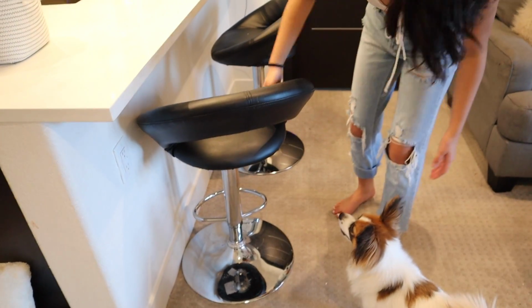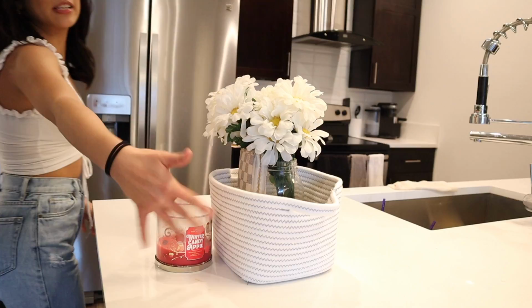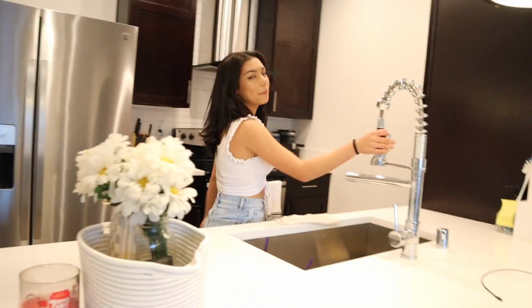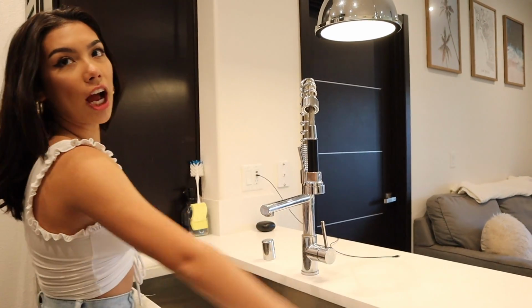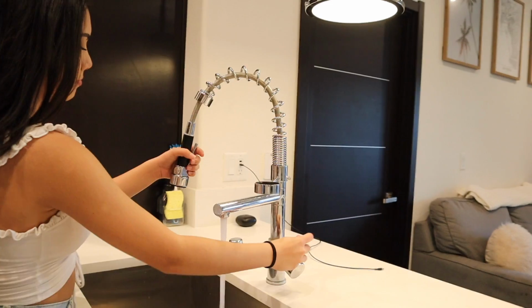I like the little cutout right here, and I also made sure that the bottom was silver so that it matched the rest of the kitchen. Centerpiece, yeah, whatever. And my sink though. We have a giant sink, and this comes out. You could like,